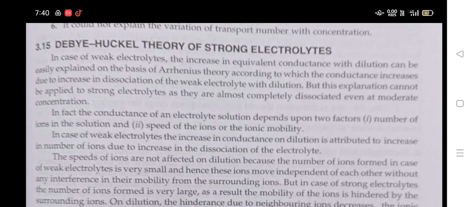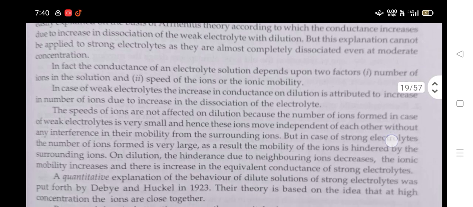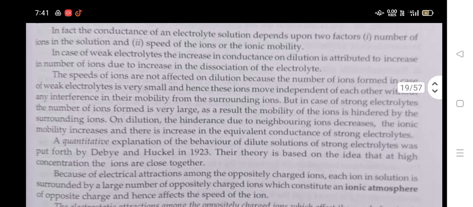The speed of ions is not affected on dilution because the number of ions formed in the case of weak electrolytes is very small, and hence these ions move independently of each other without any interference in their mobility from the surrounding ions. But in the case of strong electrolytes, the number of ions formed is very large. As a result, the mobility of the ions is hindered by the surrounding ions. On dilution, the hindrance due to neighboring ions decreases, the ionic mobility increases, and there is an increase in the equivalent